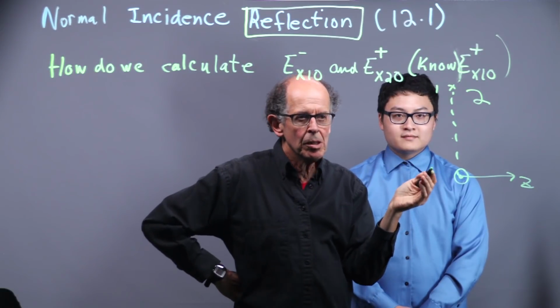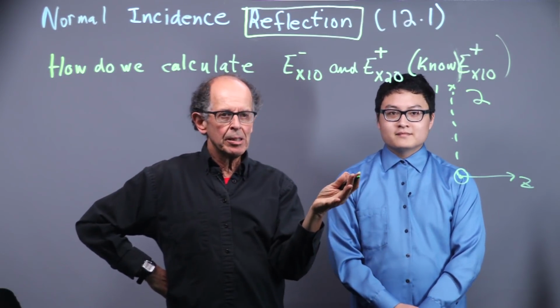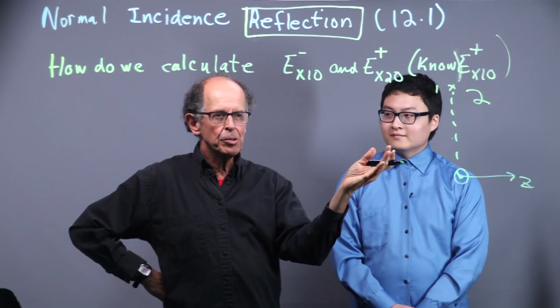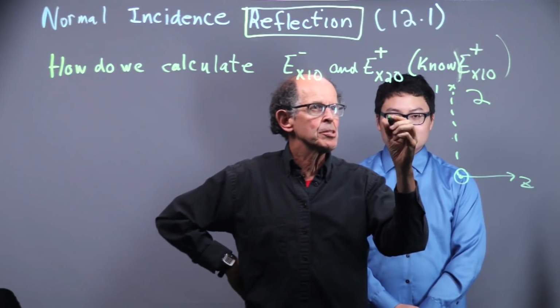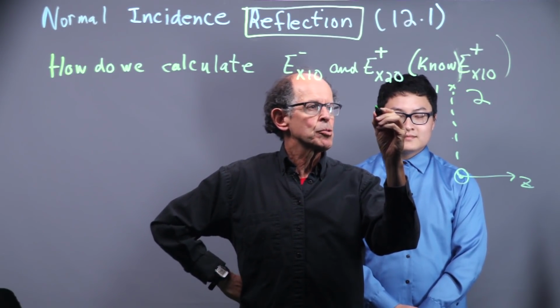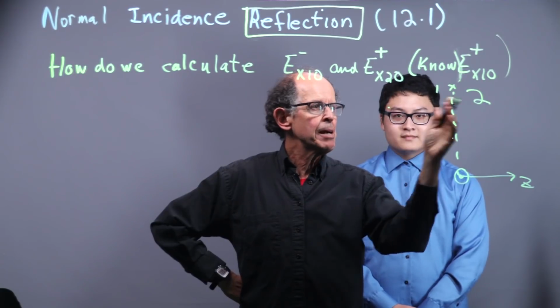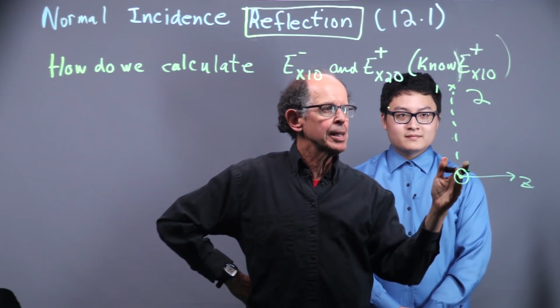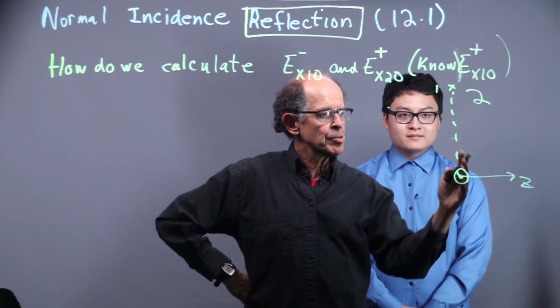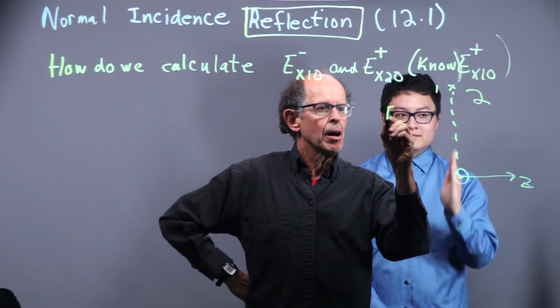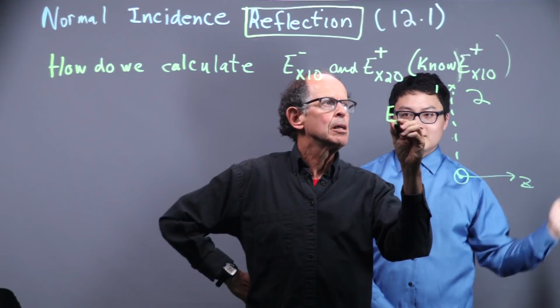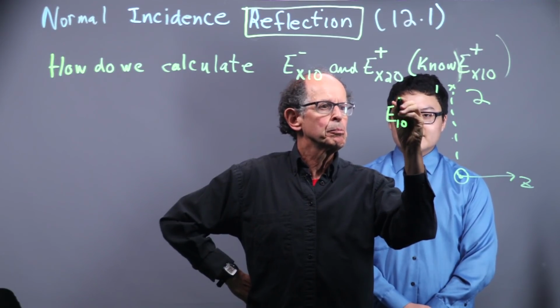Because we're evaluating at Z equals 0, the exponentials in the fields disappear, and we're just left with the amplitudes. So on this side we have the amplitudes right along the x-axis for Z equals 0. On this side is E_x10 plus